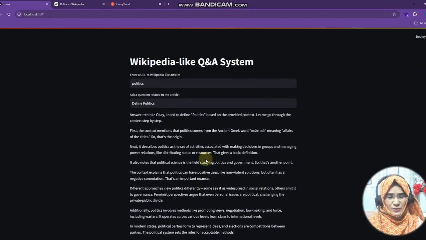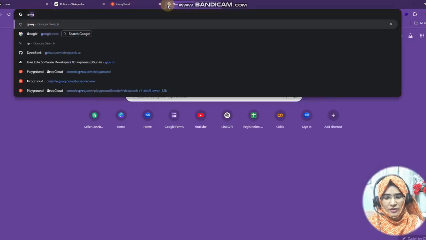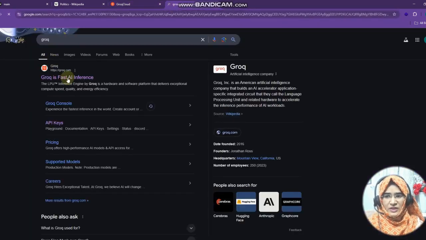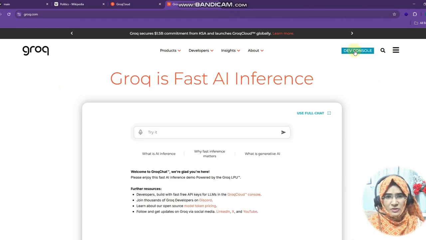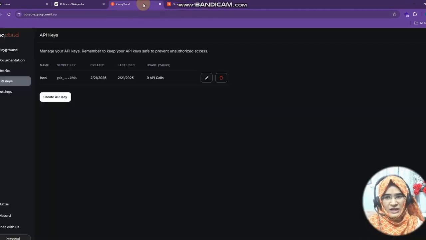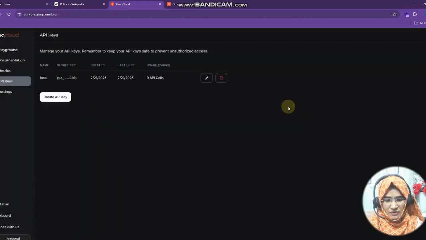So now let's move towards the code. But before the code, we need to understand Groq Cloud. If you write Groq here, you will have this, and if you click on it, you have to go to the dev console. On that dev console, you have to log in and create your account. As you create your account, you will have this screen. So what you need to do is go to the API key and create an API key. That's it. Submit it, copy that particular API key and save it into the .env file.